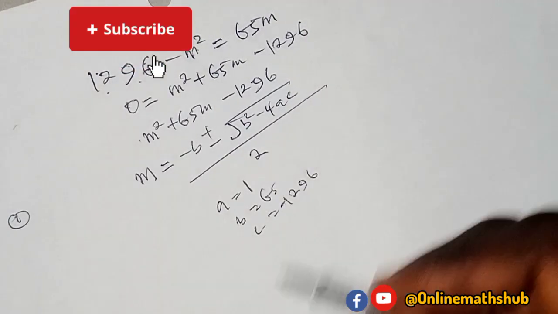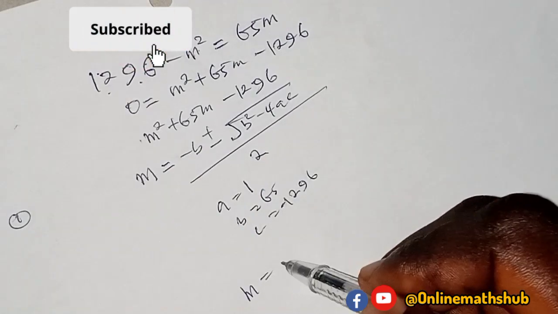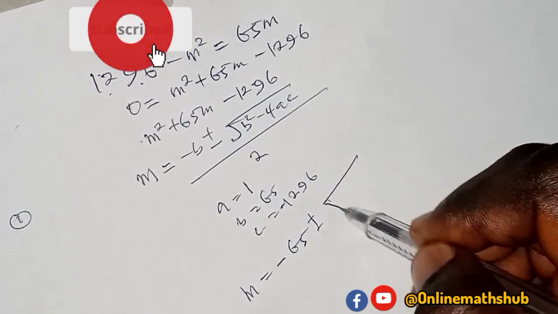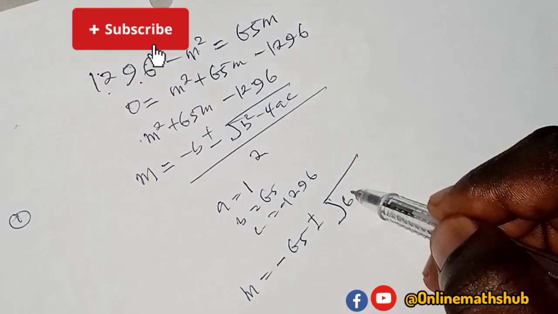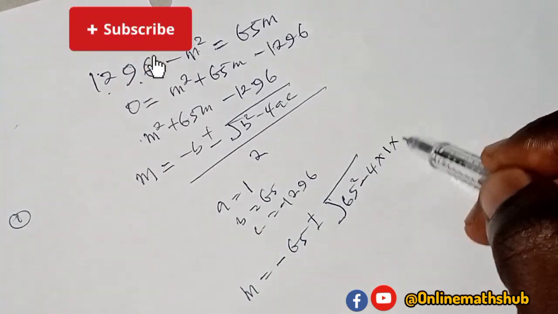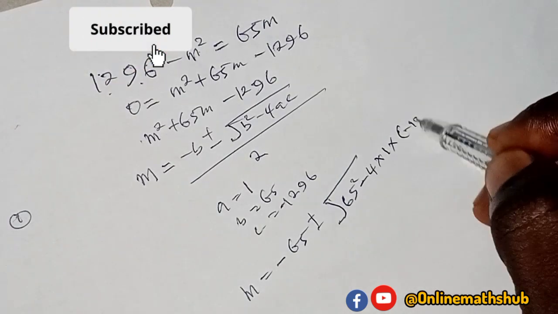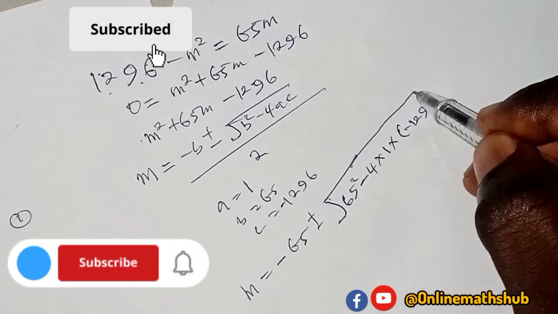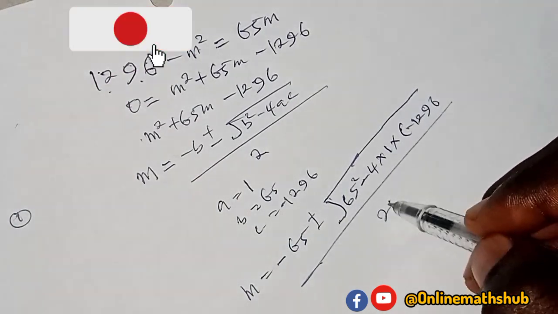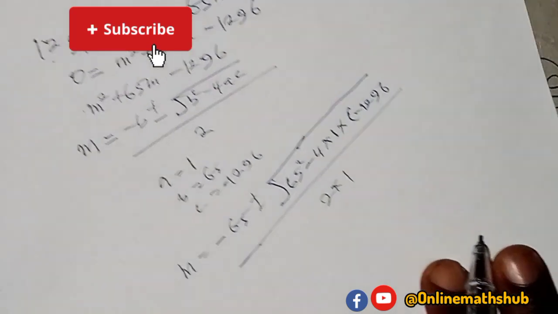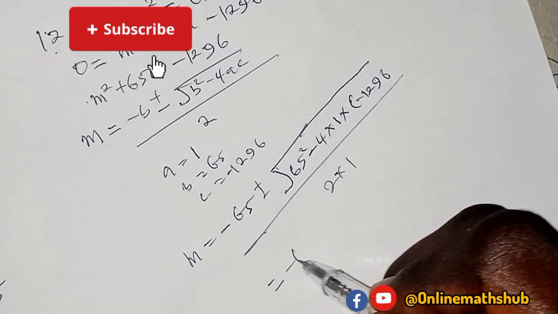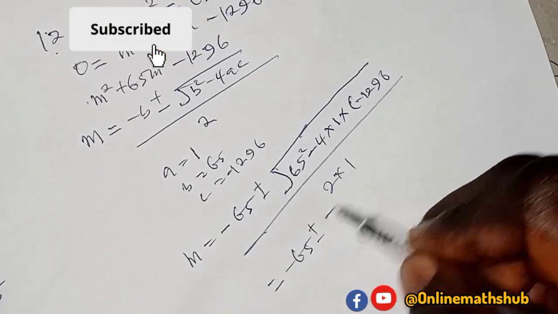Okay, so putting it in this formula, we're going to have that m is equal to minus 65 plus or minus the square root of 65 squared minus 4 times 1 times minus 1296, and it's all divided by 2 times a, which is 2 times 1. Now moving forward, as we proceed, this is actually going to give us minus 65 plus or minus the